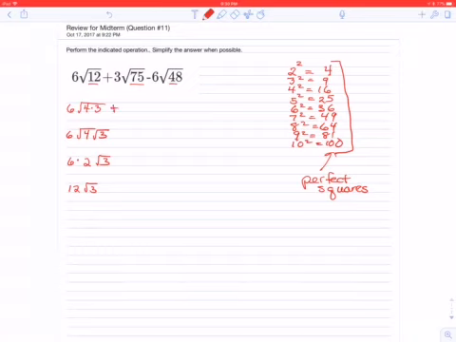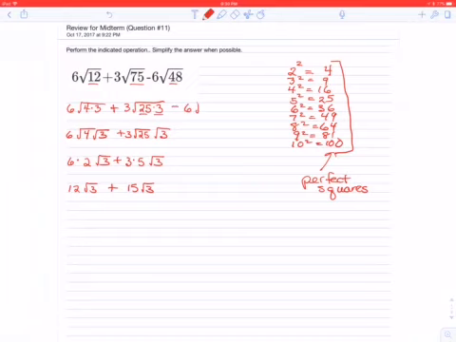Now the second term. The largest of these perfect squares that will divide into 75 without a remainder would be 25. 25 goes into 75 3 times evenly. So if I have the square root of several factors, I can break it down into separate square roots. So it's the square root of 25 times the square root of 3. So I'll bring the 3 down. Now the square root of 25 is 5, since 5 times 5 is 25, and I'll bring down this radical 3. So now I have 15 square root of 3